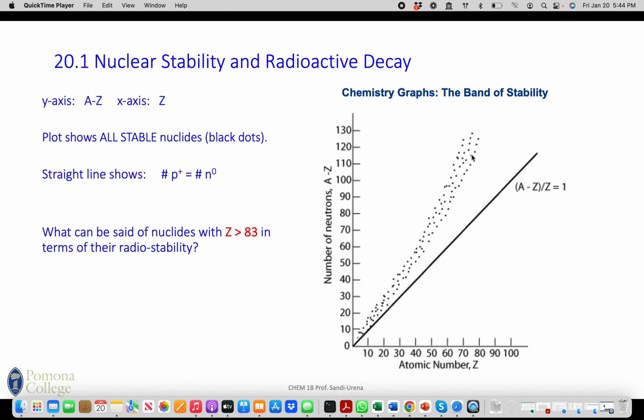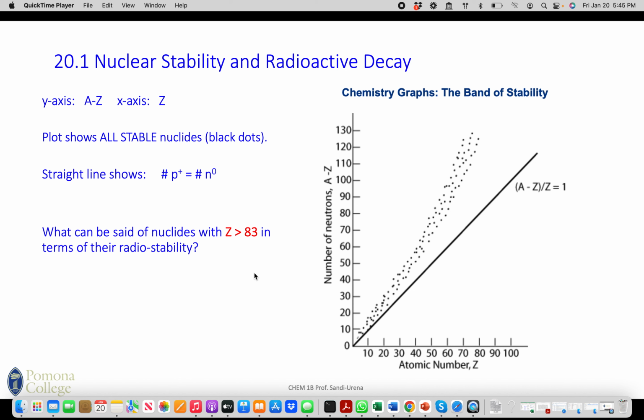And this plot is given a few different names. One of them is the band of stability, to remind you that this band that you get when you plot all of the stable isotopes corresponds to the region in this plot where the isotopes, the nuclides, are stable. So anything that's not on this plot would be unstable,